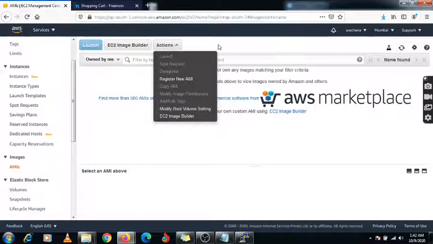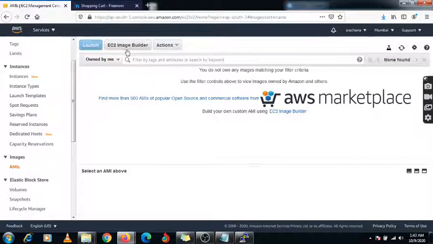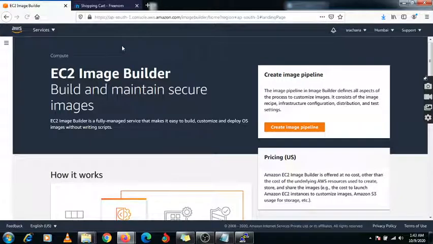So just click on it, and here you need to specify the EC2 Image Builder. Okay, just click on it. Okay, no, this is the wrong option. Actually I have selected the wrong one.